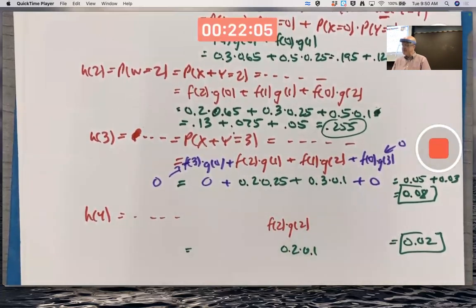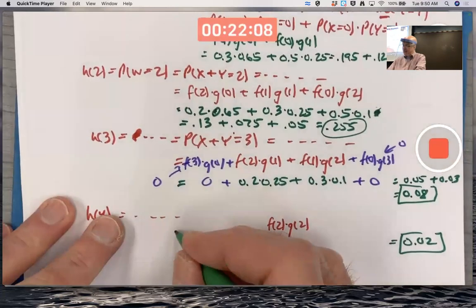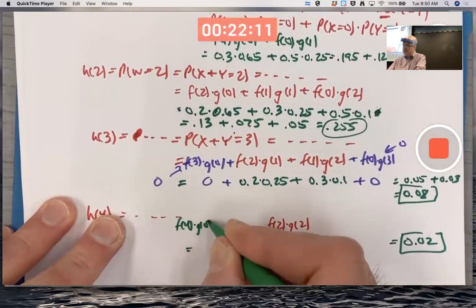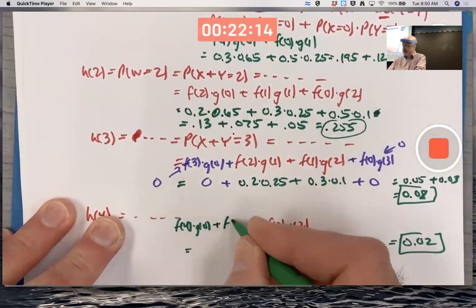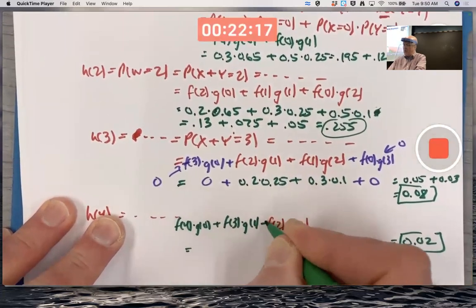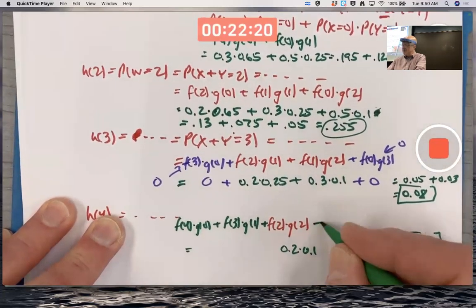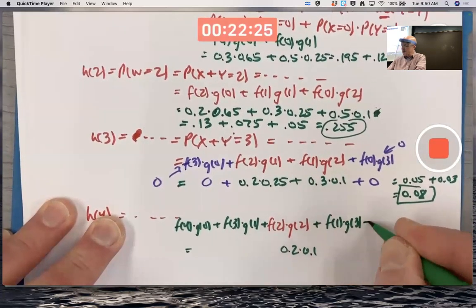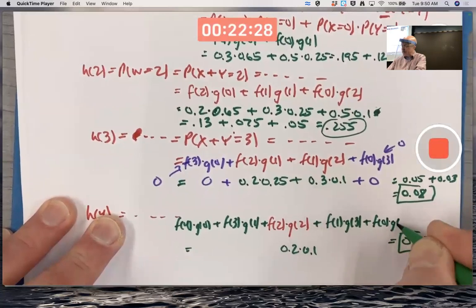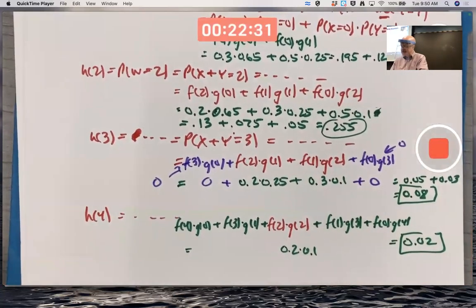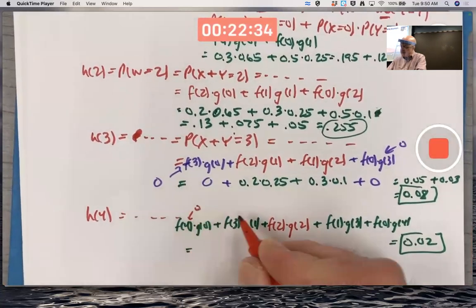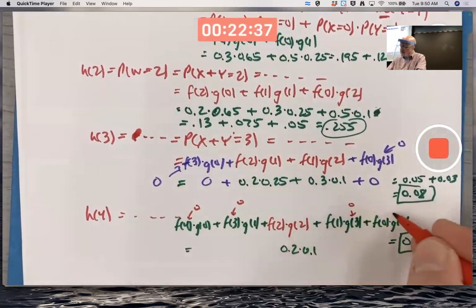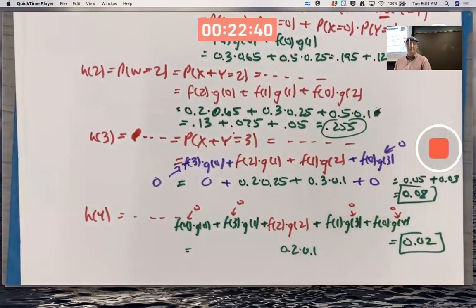What would go in the space there? How about f of 4 times g of 0 plus f of 3 times g of 1. I want the inputs to add to 4 over here, plus f of 1 times g of 3 and plus f of 0 times g of 4. But those are all zeros because this is 0, this is 0, this is 0, and this is 0. So I don't have to put them in there, but it's nice to put them in there to emphasize, again,